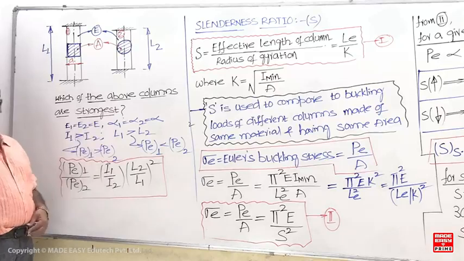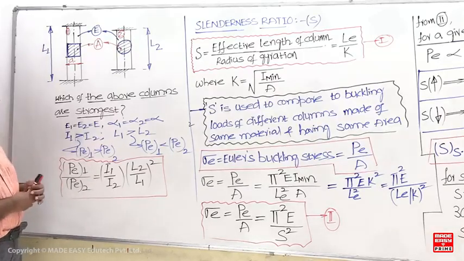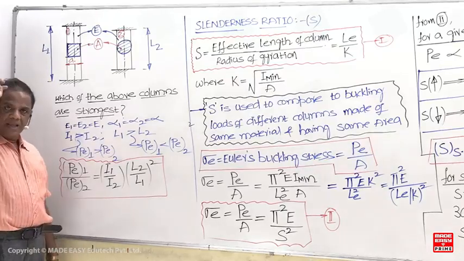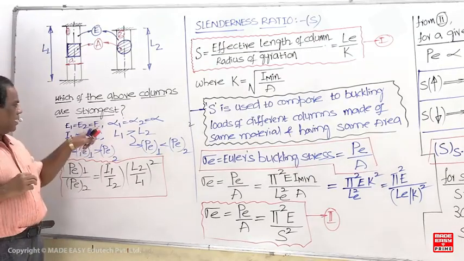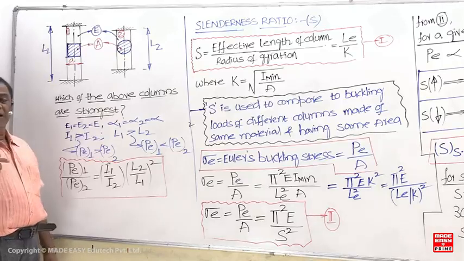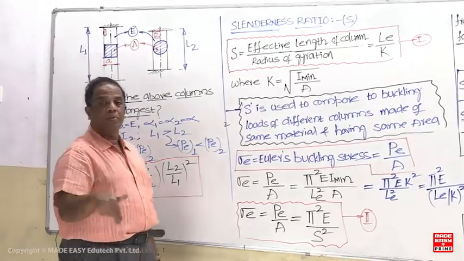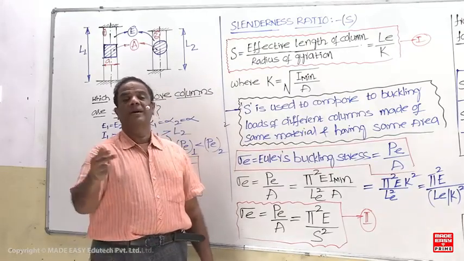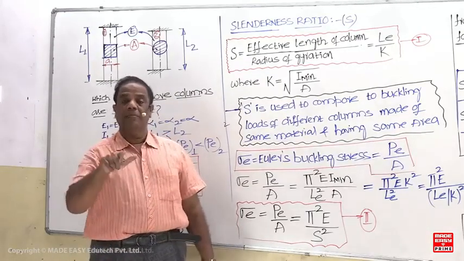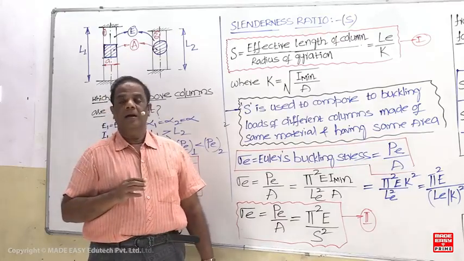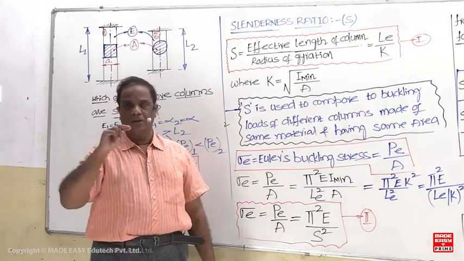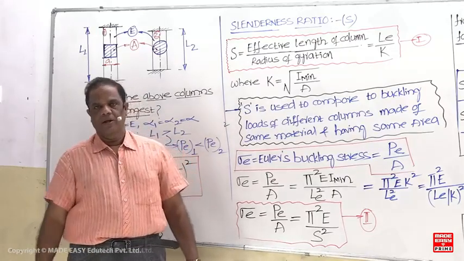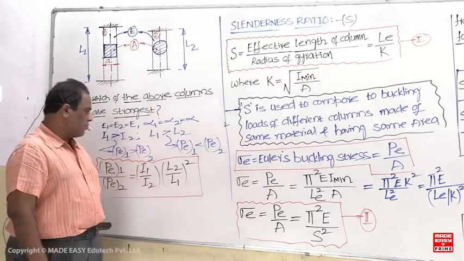So if the numericals are given, you can complete it now. I'm giving some input data, you can complete it. Buckling load depends upon the material, but here the material is the same. Buckling load is proportional to E, but the material is the same. It is proportional to moment of inertia, but moment of inertia is different, though areas are the same. And it is inversely proportional to LE square, but here alpha is also the same. So buckling load is inversely proportional to L square.